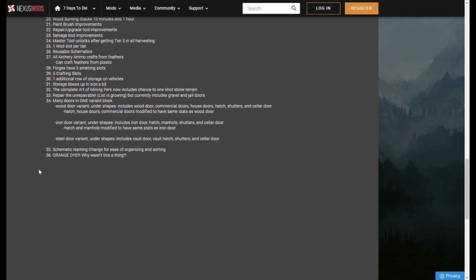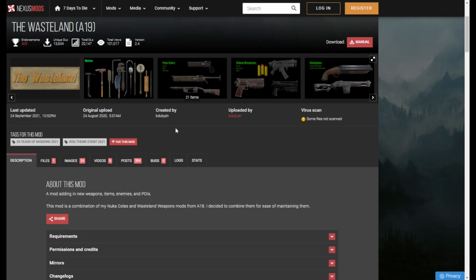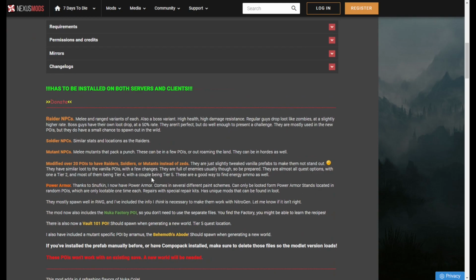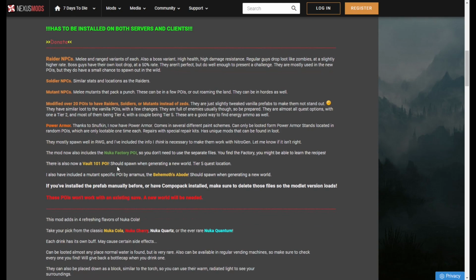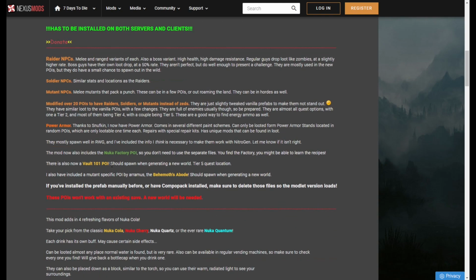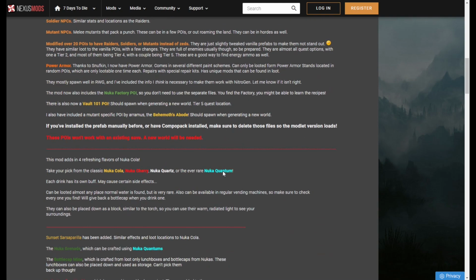Well worth checking out. Next up is the Wasteland by Bdub. This is another mod that's currently under development for Alpha 20. This mod, well, it wears its influence on its sleeve, and it's inspired by the Fallout franchise. The Wasteland mod brings raiders, soldiers, and mutant NPCs, plus nuka cola, plus Fallout-inspired weapons, armor, and locations to the